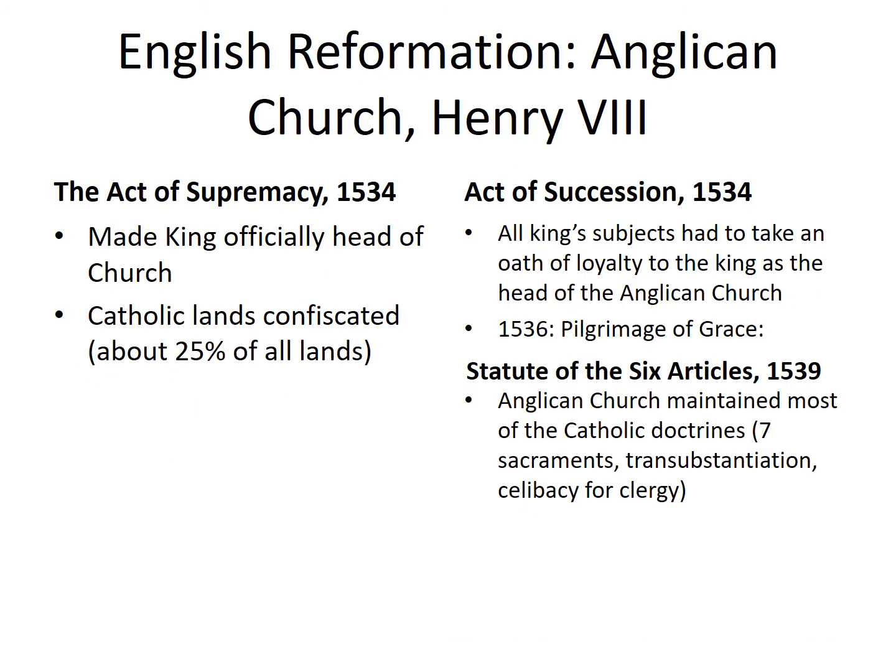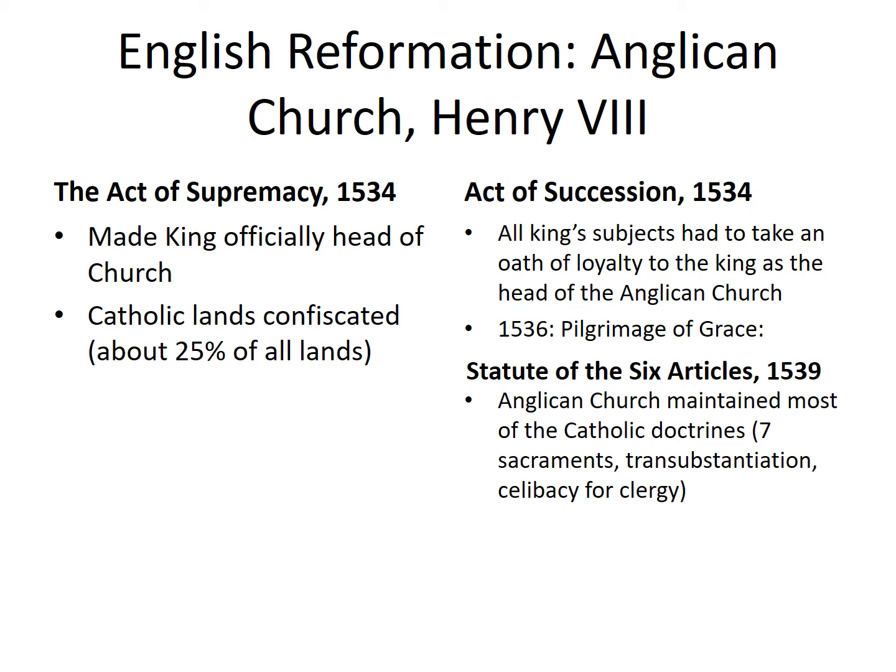The English Reformation, of course, this is the big old soap opera we talked about before with Henry VIII and all the wives. Divorced, beheaded, died. Divorced, beheaded, survived. The Anglican Church was what will be the result of this. It happens with the Act of Supremacy in 1534, which will make the king officially the head of the church. Remember, Henry VIII did this because he wanted a divorce from Catherine of Aragon, who had not been able to give him a son that survived infancy, even though they had a daughter. Anyhow, the point being,